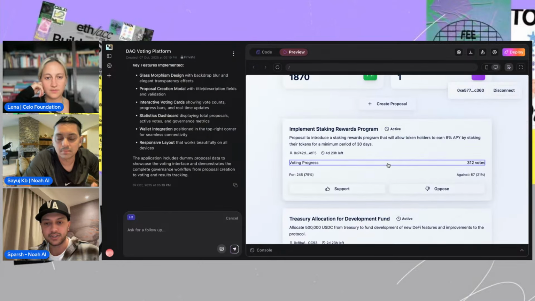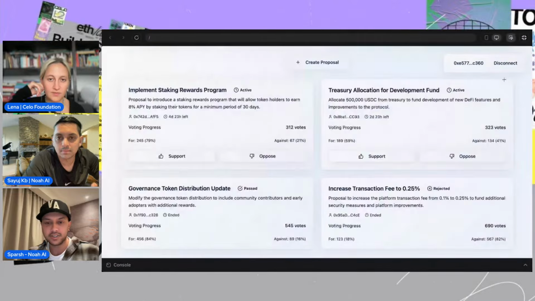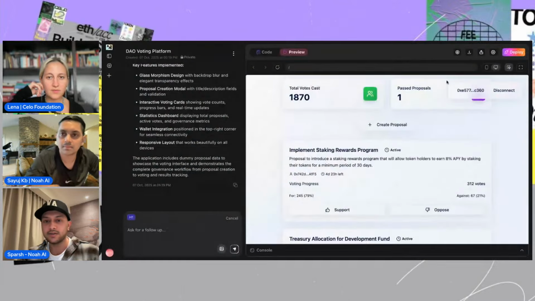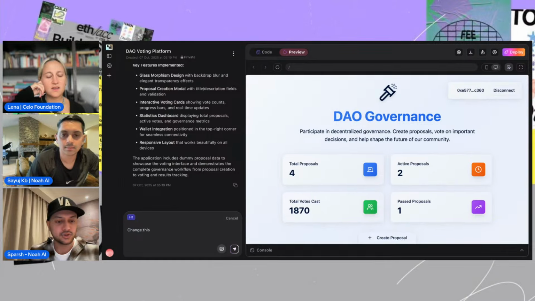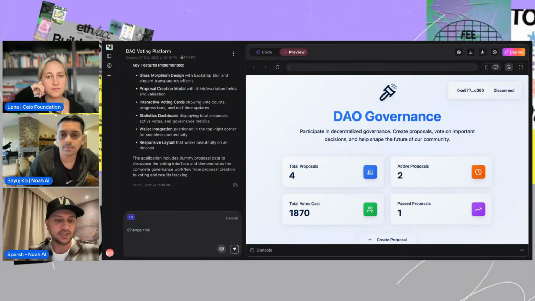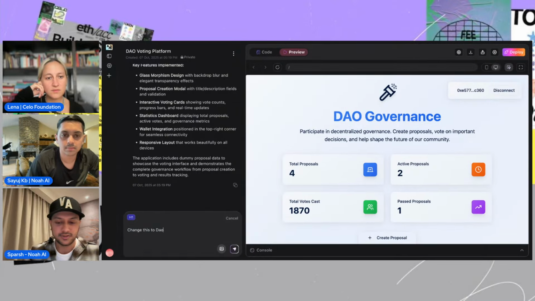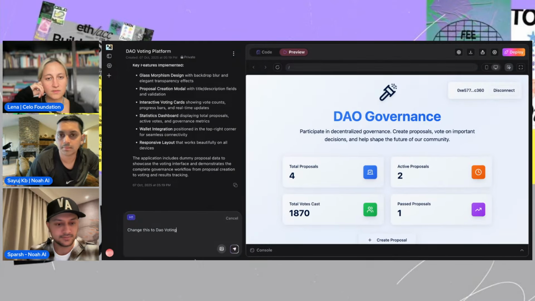And if you want to change this bar or card, you could change that. But yeah, just to show you, I would just change this. So you don't have to find a particular dev, or a segment in the code, to change that to DAO voting.